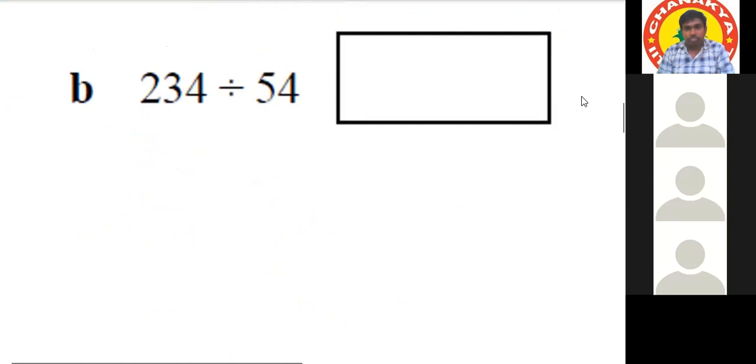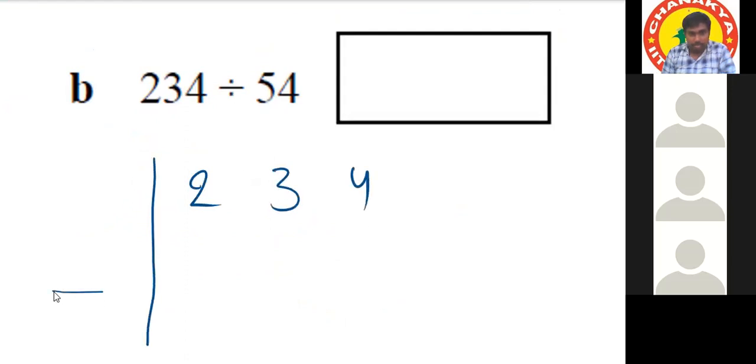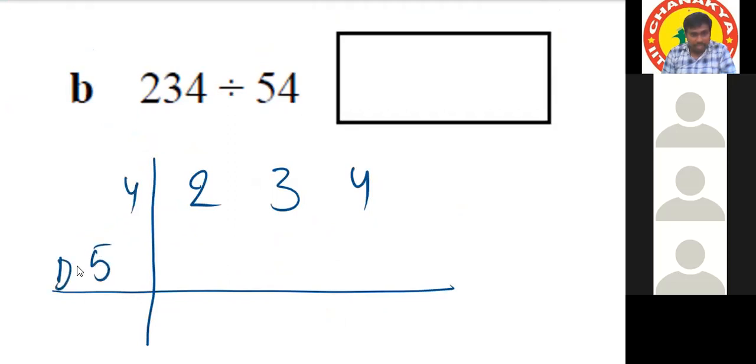All of you listen to me carefully. I'll follow the same procedure. We are dividing this number 234 by 54. 5 is the divisor and 4 is on the flag. And the flag consists of how many digits? Only 1 digit. So from the right side, separate 1 digit. To the left of the separation is the quotient, and right of the separation is the remainder.